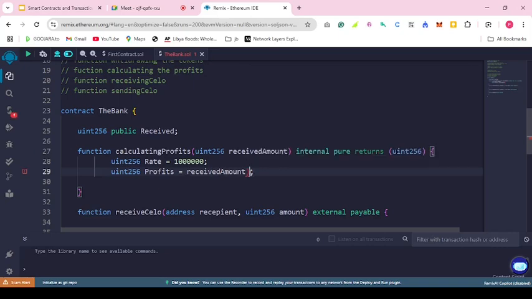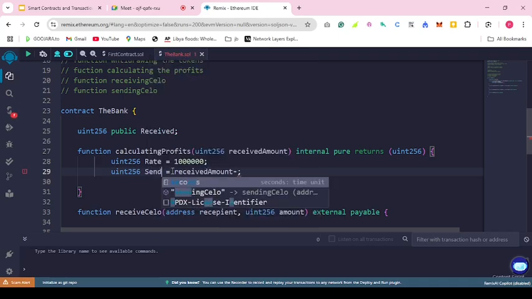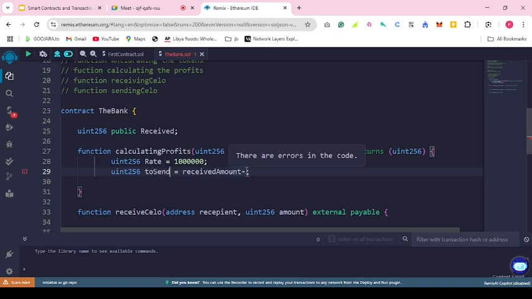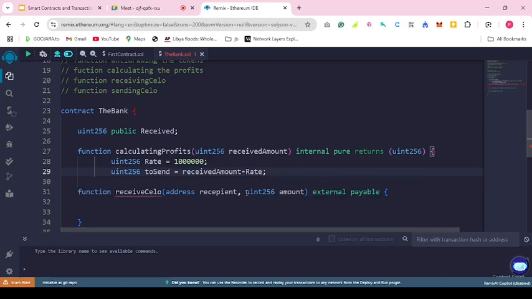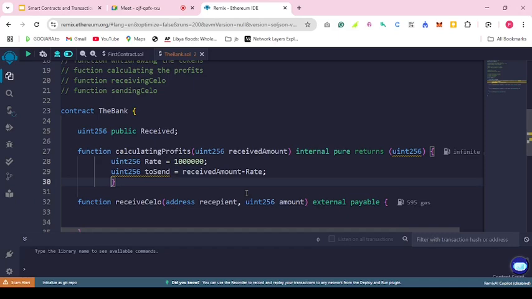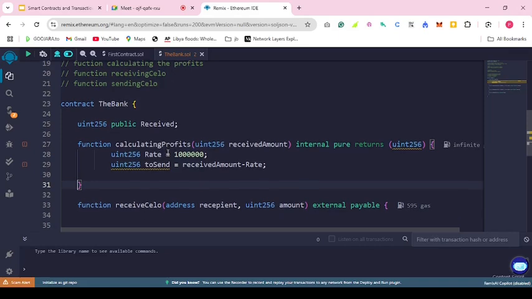and received amount, subtract. Or this is maybe the one they should send. I could call it to send. We say the received amount minus the rate, right? So first of all, it comes to the contract, and when it gets there, this computation is done. Calculating profits,